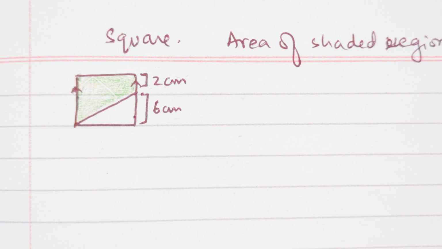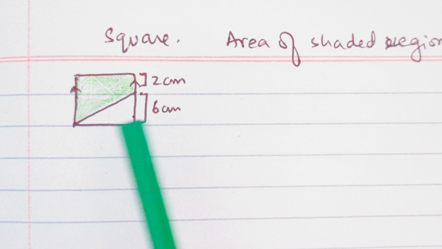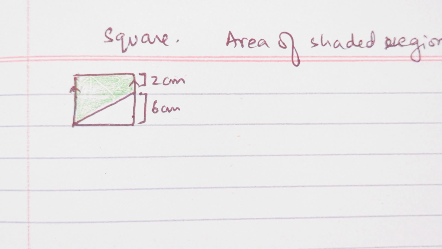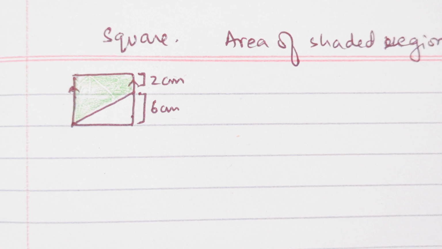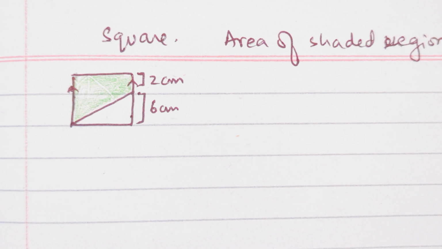So in this case, what do we have to do? Always remember, if we have to find out the area of the shaded region of a whole figure and some part is unshaded, we'll find out the area of the whole figure. And then we will find out the area of the unshaded part, be it one part, two parts, three parts. Let's say we have a rectangle in which we have a semicircle, a triangle, a trapezium, all these figures together, and they are all unshaded. And we have to find out the area of the shaded region.